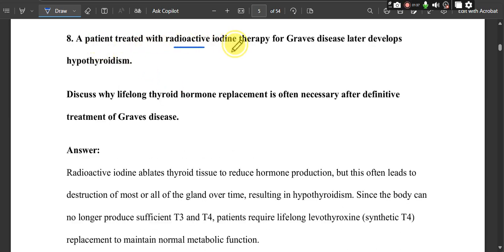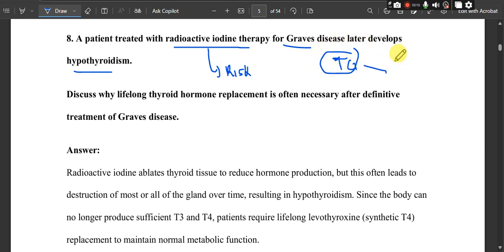A patient treated with radioactive iodine therapy for Graves' disease later develops hypothyroidism. So this was the treatment that was used for treating Graves' disease. Now there is a catch to this treatment. There is a risk, and the risk is that if you treat a patient with radioactive iodine therapy, it ends up destroying the thyroid gland, the cells of the thyroid gland, and